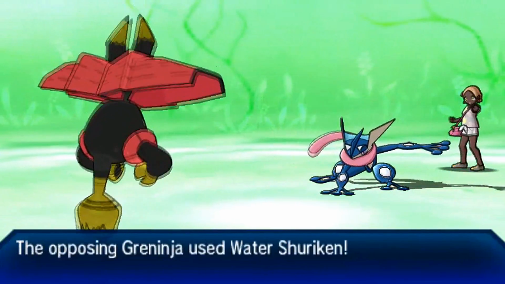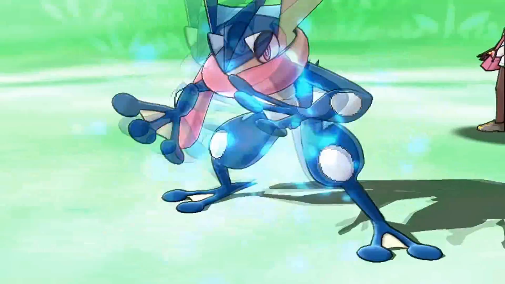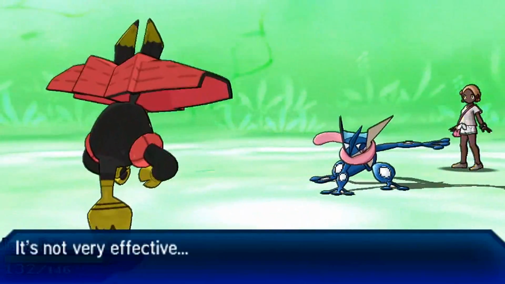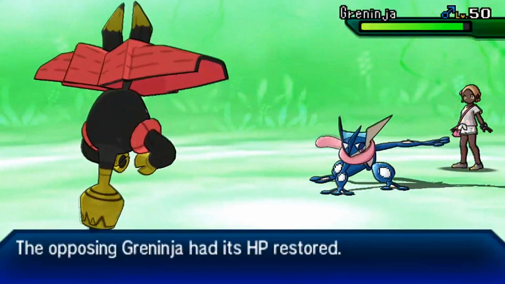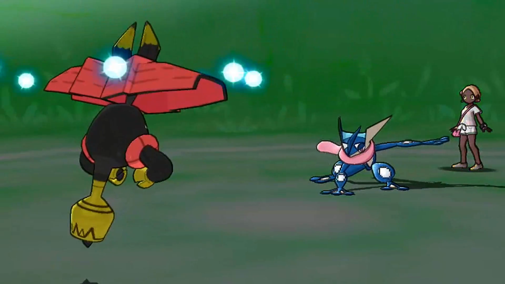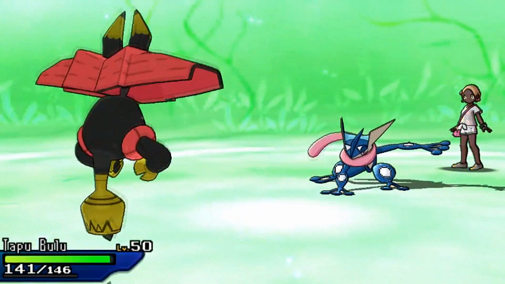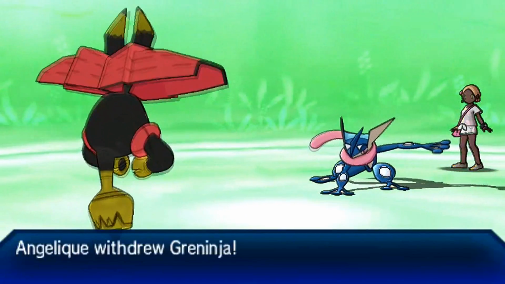I'm assuming that it is Choice Specs Greninja, because there's no reason to want Water Shuriken unless you are Choice Specs or Life Orb, but since I don't see Life Orb, it's probably Choice Specs Ash Gren. So, Tapu Bulu is a pretty nice counter to Ash Gren unless it carries Ice Beam, so I'm not really afraid of it, and I know my opponent is likely going to switch out because there's no reason to stay in here against Tapu Bulu, so I know she's probably going to switch into her Landorus-T form or the